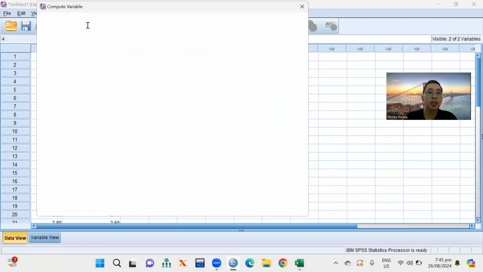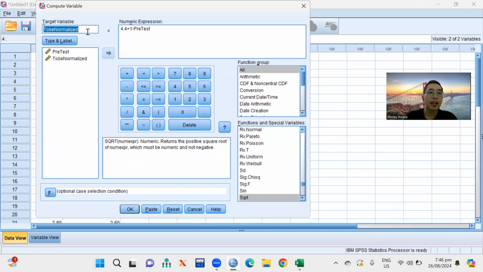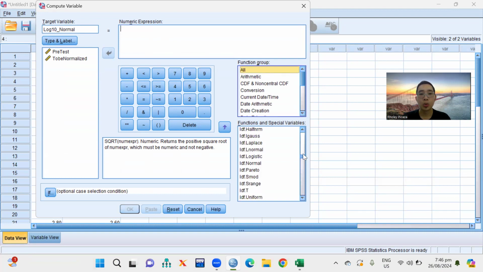Compute variable, and then let's rename this one into logarithm 10 normal. So erase this, then go to All, and then look for logarithm, this one.